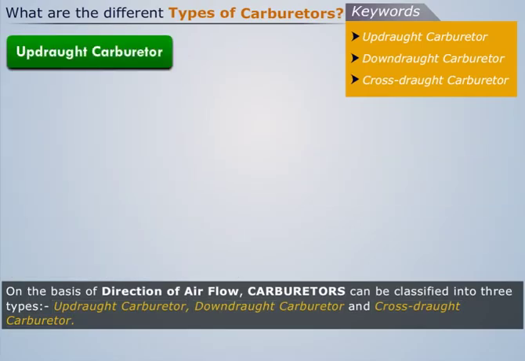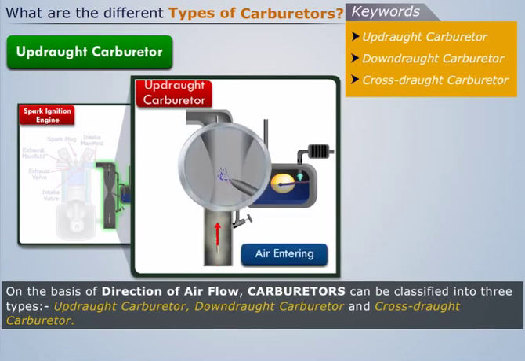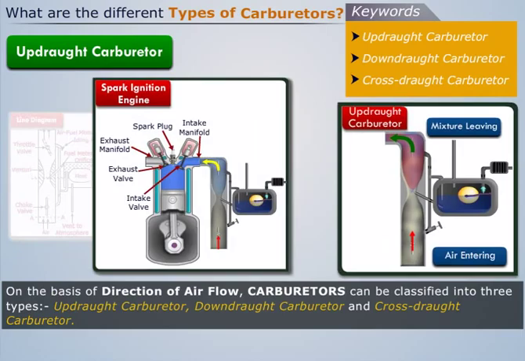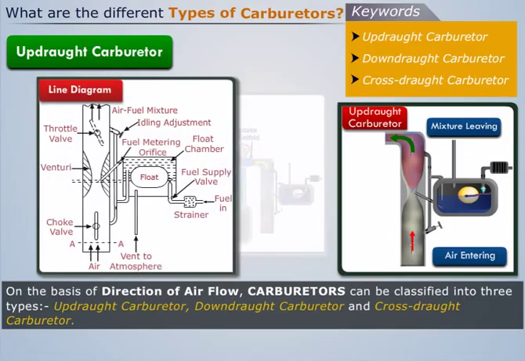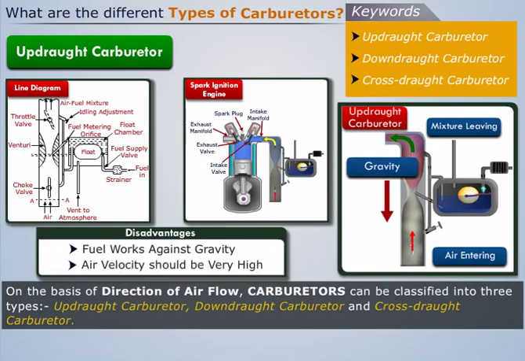In Updraught Carburetor, air enters from the bottom and the mixture leaves from the top. It is placed at a level lower than the inlet manifold. Its schematic diagram is. The problem with this carburetor is that fuel moves against the gravity. Hence, fuel particles have to be lifted by air friction, which requires very high air velocity, even for low engine